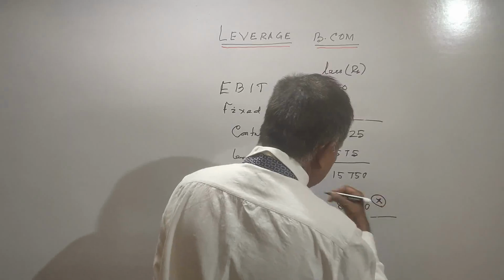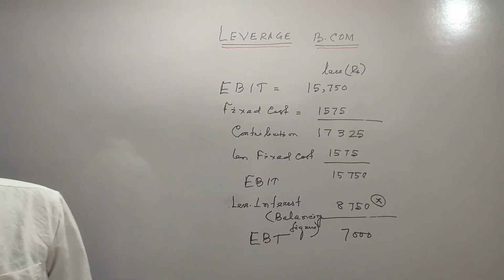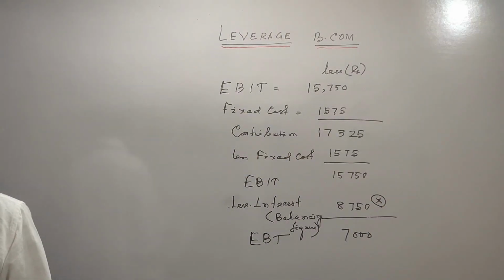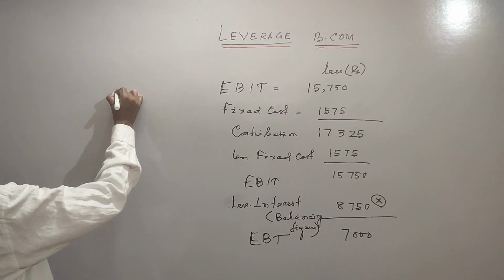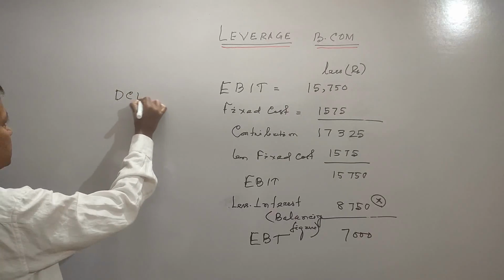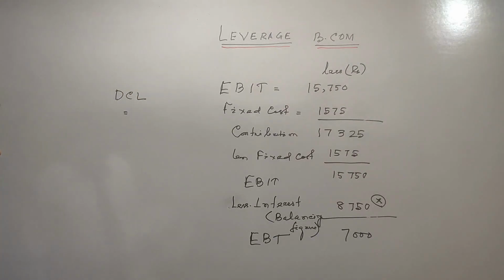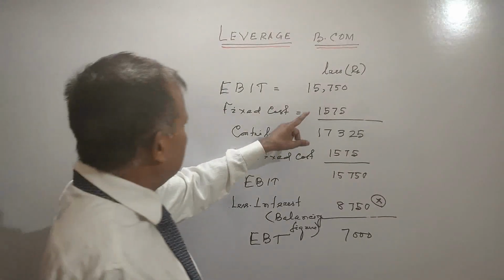8,750. This will be the balancing figure and this will be your interest. Now with this information we can calculate the DCL. For DCL, we have got two formulae. We will apply contribution by